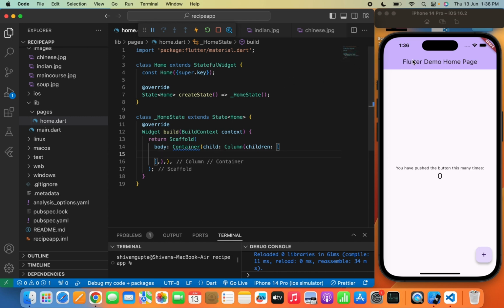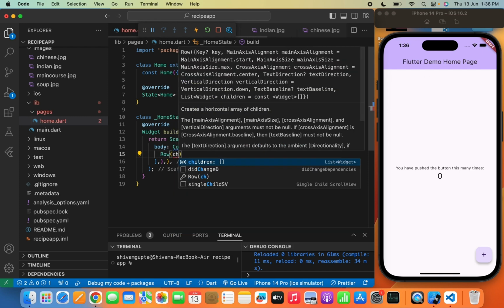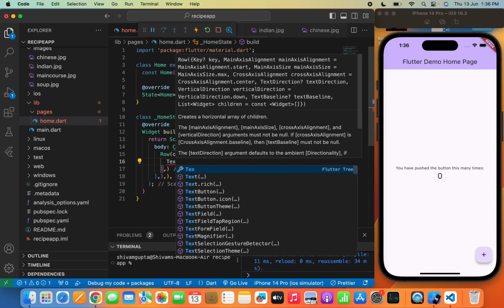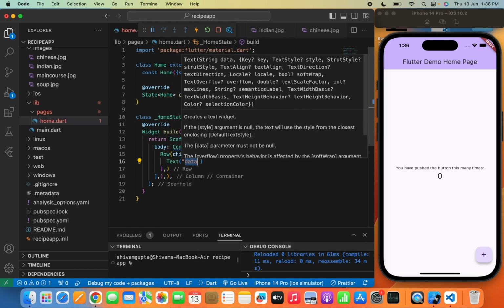Now after this, I'm going to create a "Looking for your favorite meal" text at the top left of the screen with a user image at the top right corner. So to do that, we already know that we need a Row, children, and we'll write Text, and in the text I will simply write "Looking for your